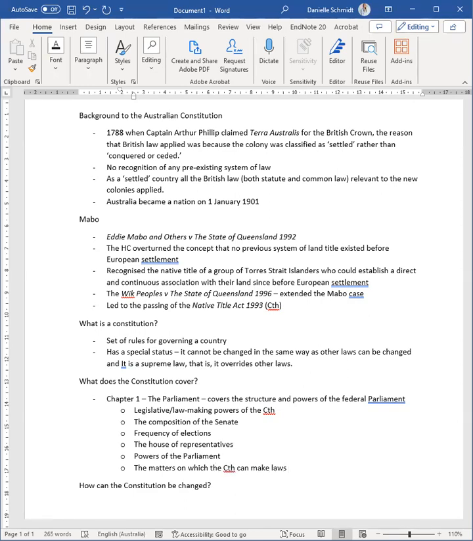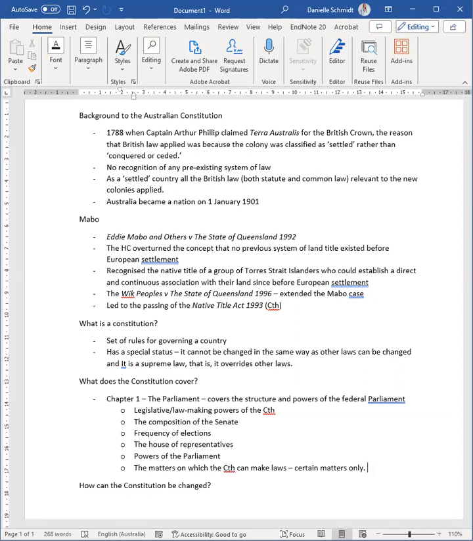So the federal Parliament can only make laws on certain matters. And remember, Commonwealth laws affect all of Australia, so they don't have the ability to legislate on everything, which is why we have different states and territories with different legislation on very similar things. So some of the things include, and again, I would just have this tabbed in your little Constitution book or just download it, but we've got international and interstate trade, foreign affairs, defence, immigration, taxation, banking, insurance, marriage and divorce,